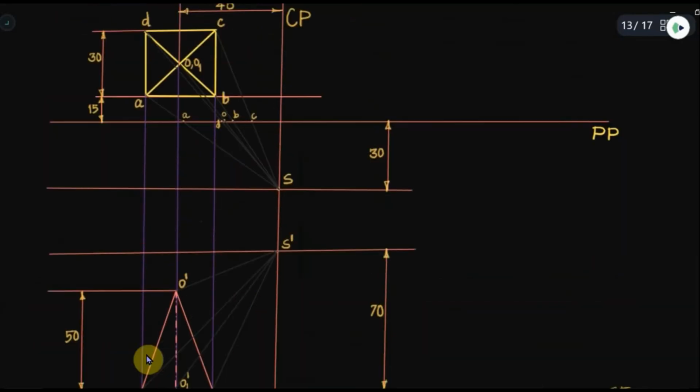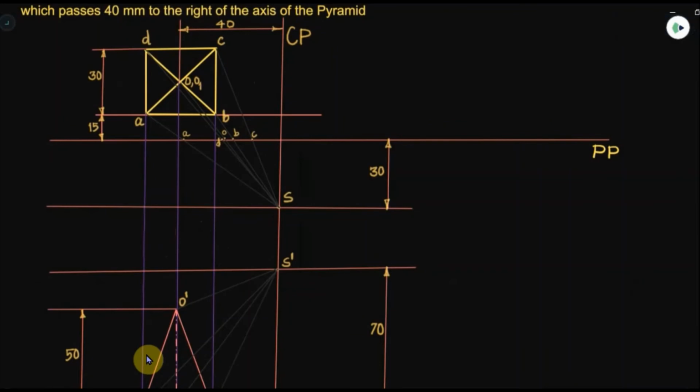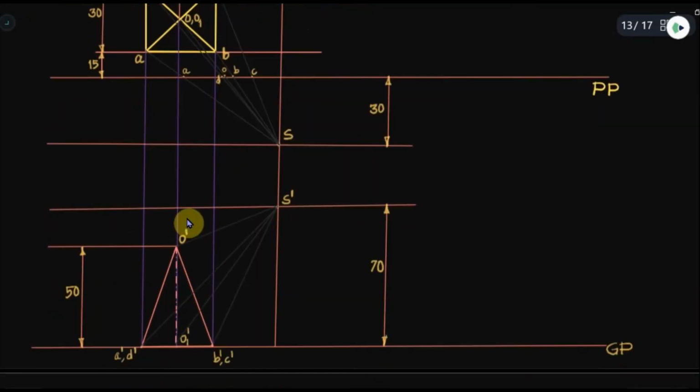Okay. And now what we need to do is, we will draw the projector lines, vertical projectors from A, D, then this O. O is representing the projector for both the intersection for both O and O1, then B and then C. So from each of these intersections we marked on the PP line, from there we will be drawing verticals. See, perpendicular line from A, and this will intersect with the projector from A dash to S dash.